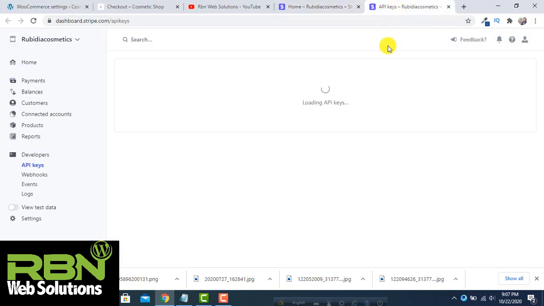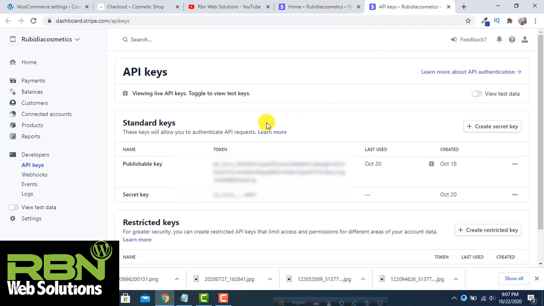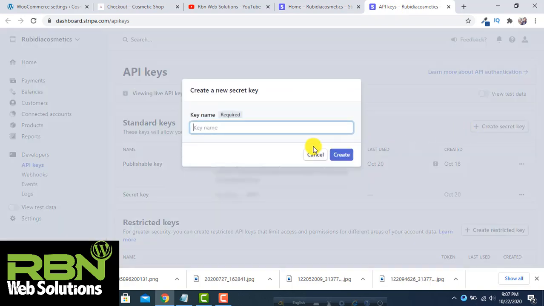So we are going to create a new one, and have to click on secret key. Key name is publish secret key.